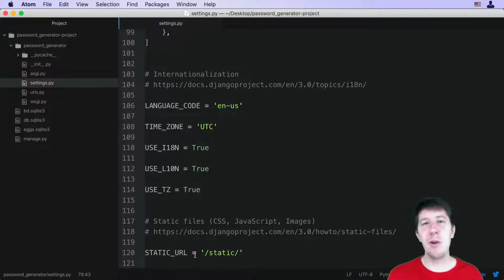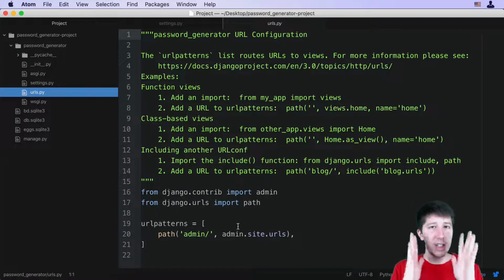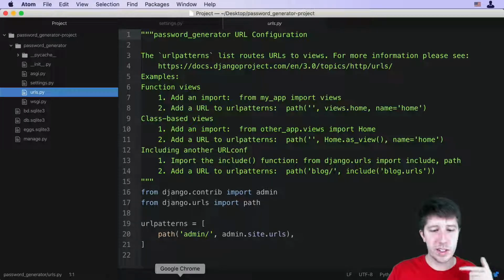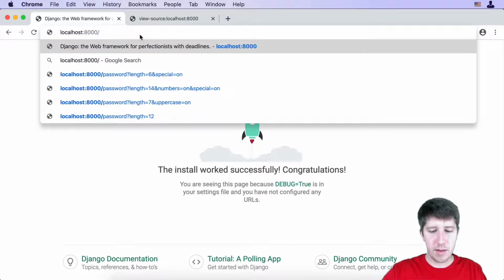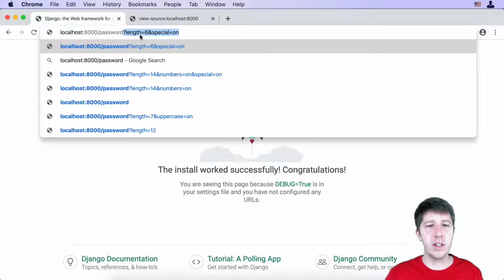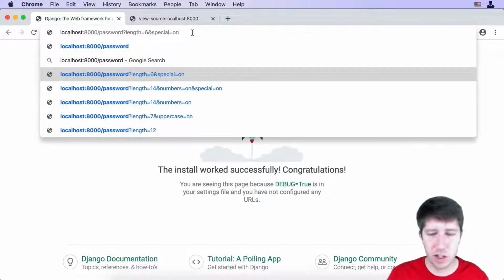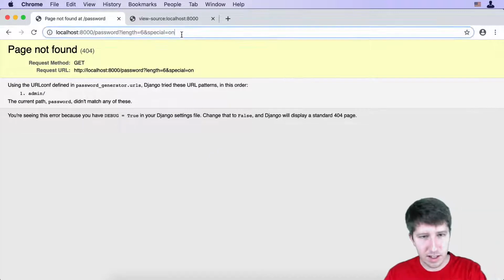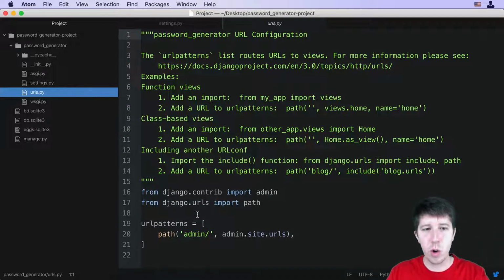So maybe I went into too much detail with the settings.py, but I just don't want you to be afraid of this file because it's going to be really powerful and help us to make some sweet websites. Finally, the urls.py. What is this all about? This is really the starting point for any Django project. So when someone goes to their URL and types out something like localhost/password, whatever it is that they have. Oh, this is from previously when I showed you the example, like length of 6, and I want special characters on. This little string right here that someone entered into the browser bar, this comes to this urls.py file,